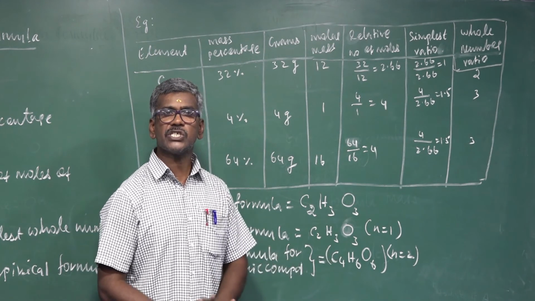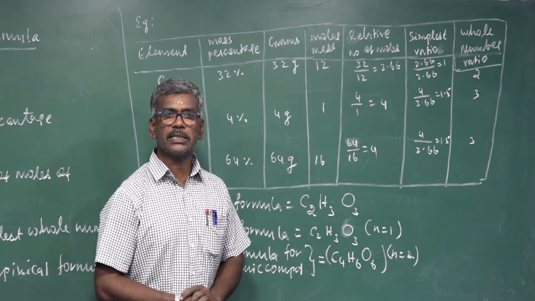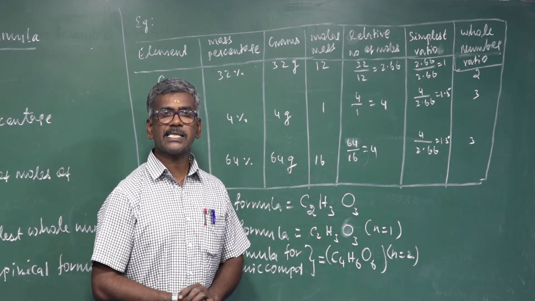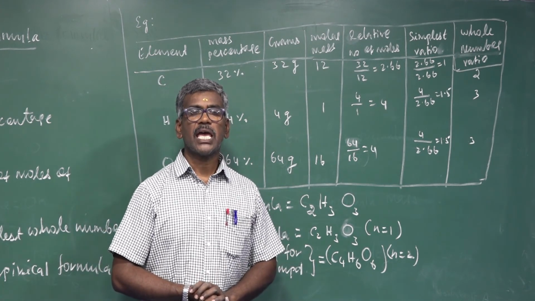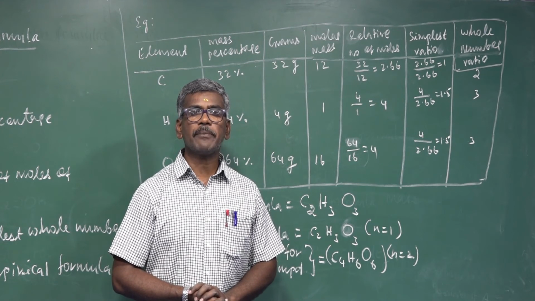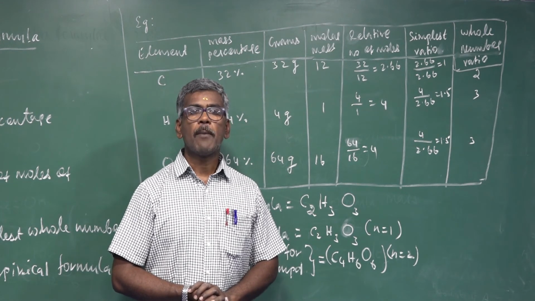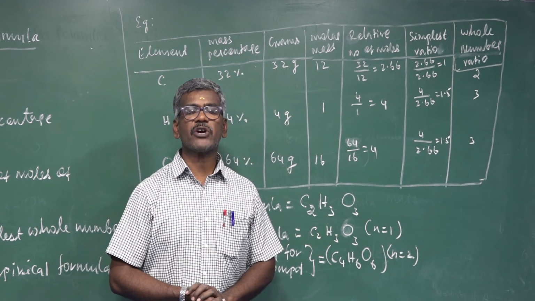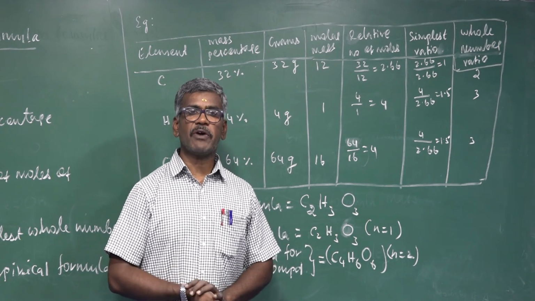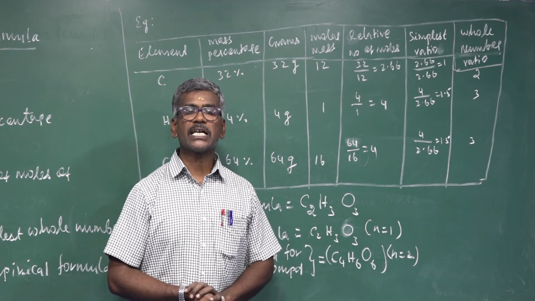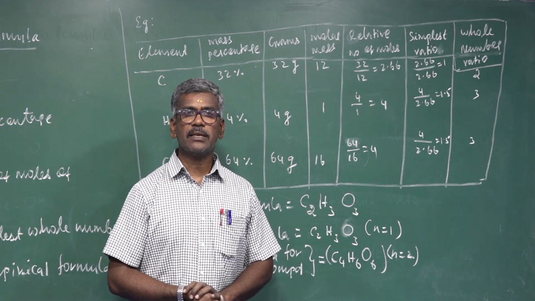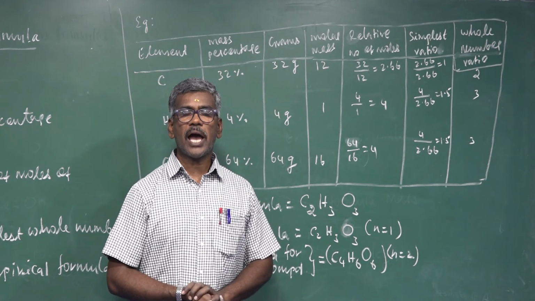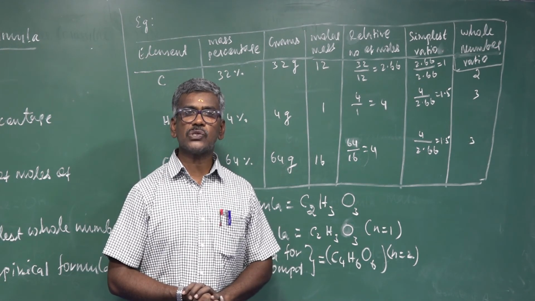This is known as the relationship between molecular formula and empirical formula. Let us recap the gram equivalent concept. Gram equivalent mass will be equal to mass divided by equivalent mass. By using this formula, we find the gram equivalent of substances like acid, base, salt, ion, oxidizing agent and reducing agent.